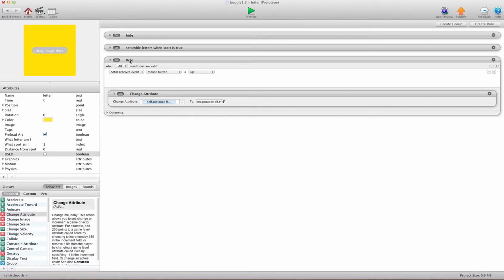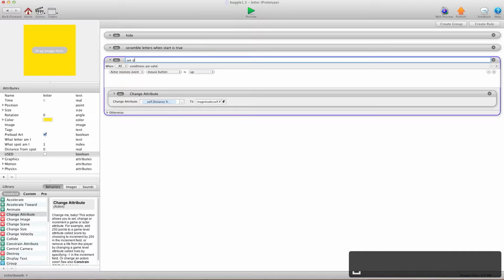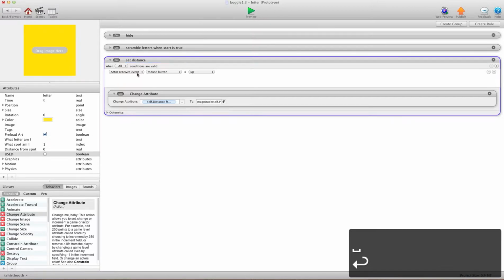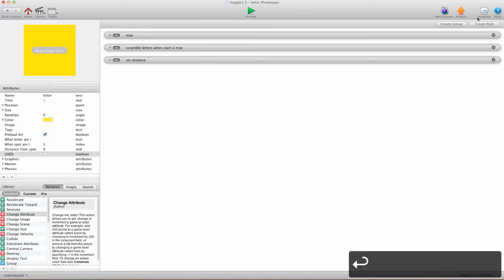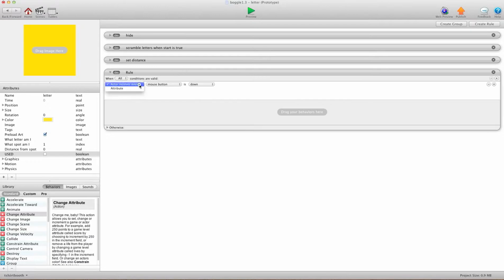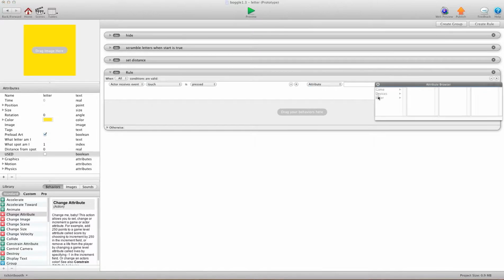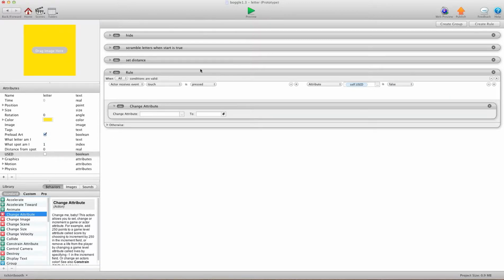And now what I'm going to do is title this here set distance, shrink that, and we're going to create another rule, and we're going to say when touch is pressed and attribute self used is false, we're going to change attribute,